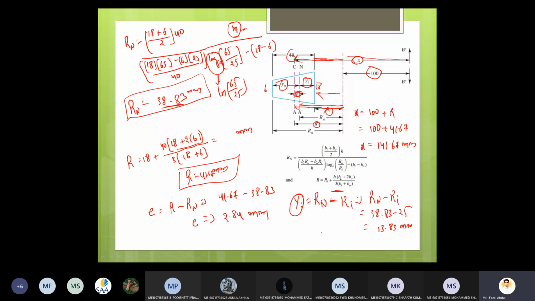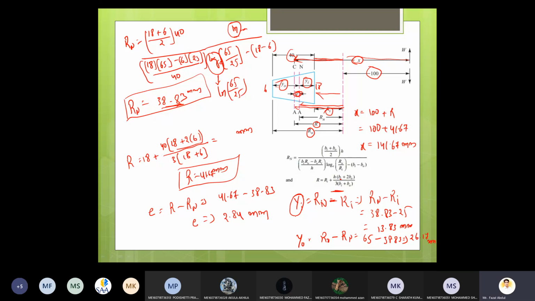Okay, and why not? Why not means this distance? To calculate this one, first we have to know that this larger length, that is the r naught. So already we calculated r naught minus, if we subtract this rn value, because the distance is starting from the neutral axis to the outermost layer, right? So if we subtract the rn value here, we'll get the y naught. So r naught is the total 65 minus rn value, how much? 38.83. 65 minus 38.83, how much? 26.17 mm.